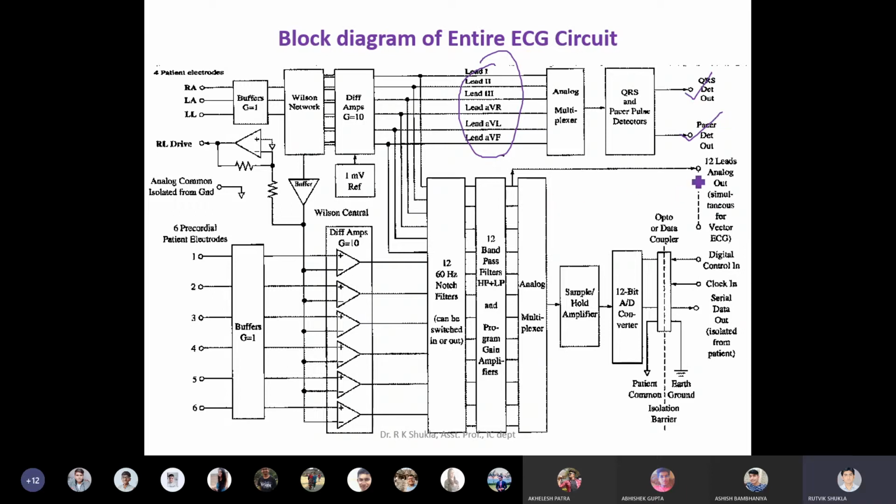If you are interested in all the 12 leads, you can use 12 channel possibilities by using 12 filters and 12 amplifiers. If you want that data to be transmitted for the purpose of, say, displaying to a remote location, or displaying to some further location, at that time you can have this particular possibility. Okay, so this is one of the block diagrams of the machine.